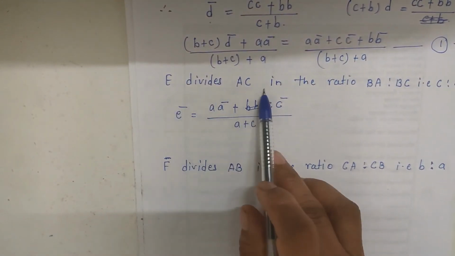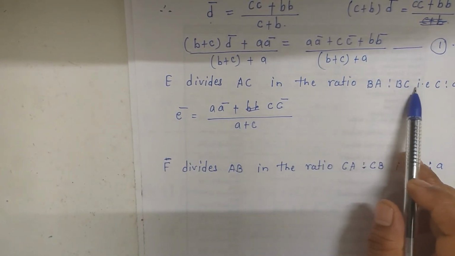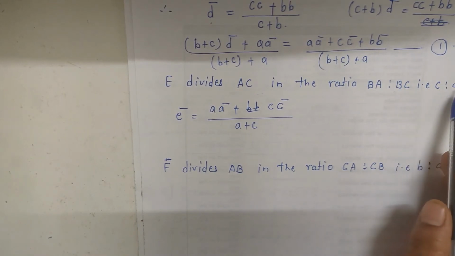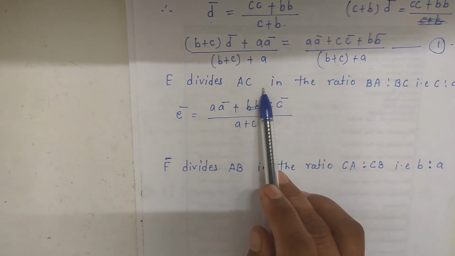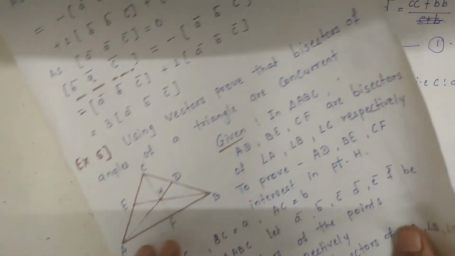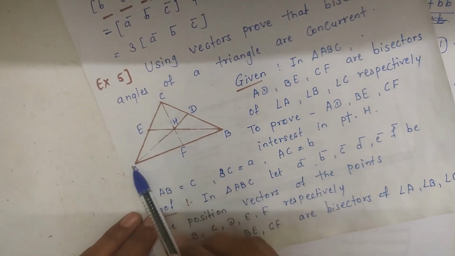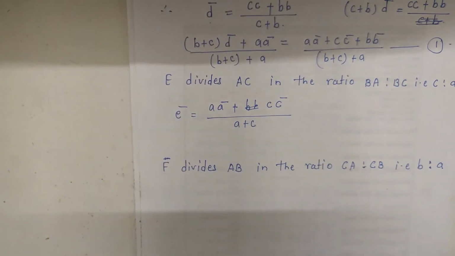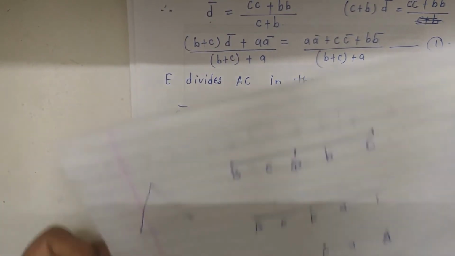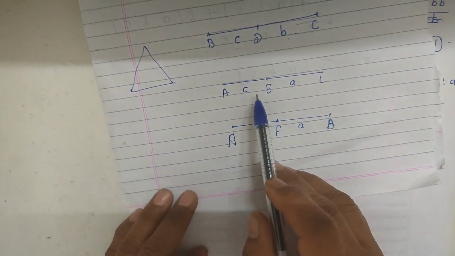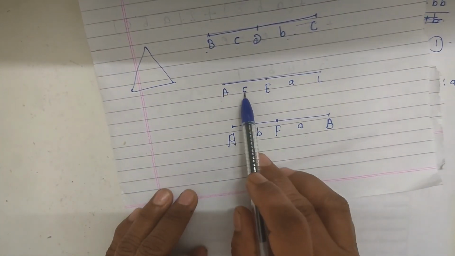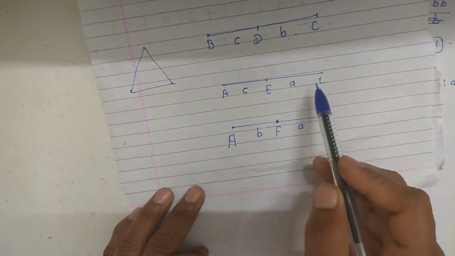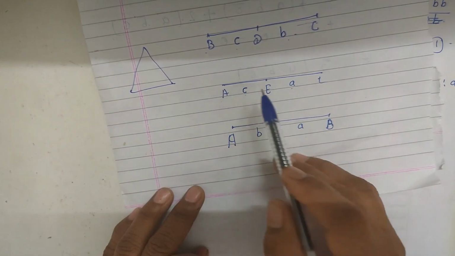Also E divides AC in the ratio BA is to BC. Magnitude of BA is equal to C and magnitude of BC is equal to A. So in the figure, E divides AC in the ratio AB is to BC. Now also using section formula, E divides AC in the ratio C is to A. So by using section formula, C into C bar plus A into A bar,